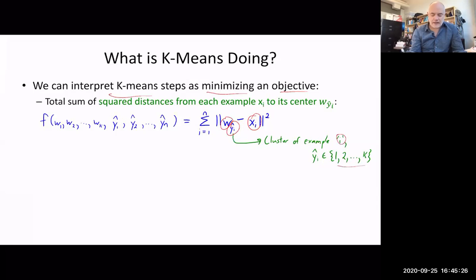So y hat i is in the set of integers 1 to k. And this just indexes one of these mean vectors, right? Okay, cool. So if we sum this over n and we compute some sort of distance, here's the L2 norm squared,